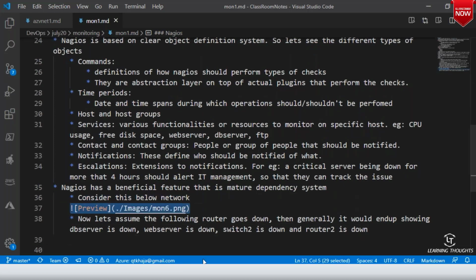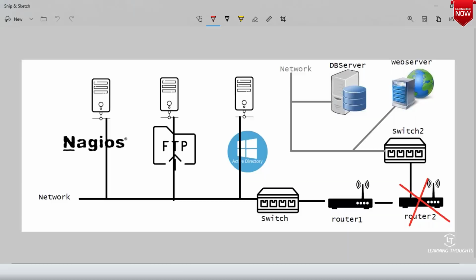Yes, in reality the failure is just this one. But actually it will try to tell that all of these are down. Yes or no? But what Nagios tries to tell is,